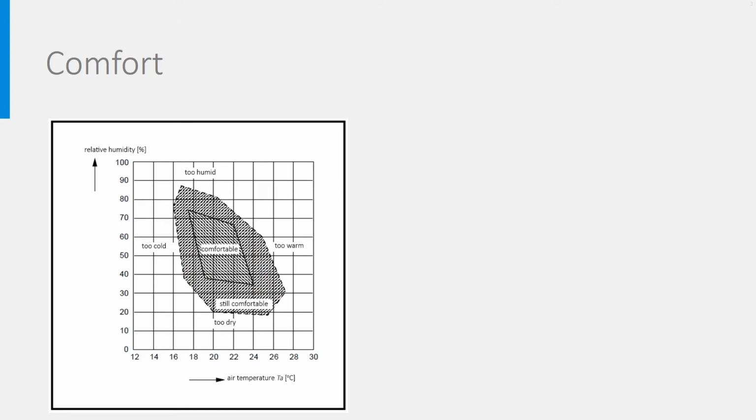In another course, you learned about the relationship between relative humidity and air temperature when it comes to comfort. The inner zone is deemed to be comfortable and is followed by a zone where it is still comfortable, afterward the discomfort becomes high. This diagram is in principle only valid for an air-conditioned office room. We can draw this diagram in a Molière carte, which gives this.